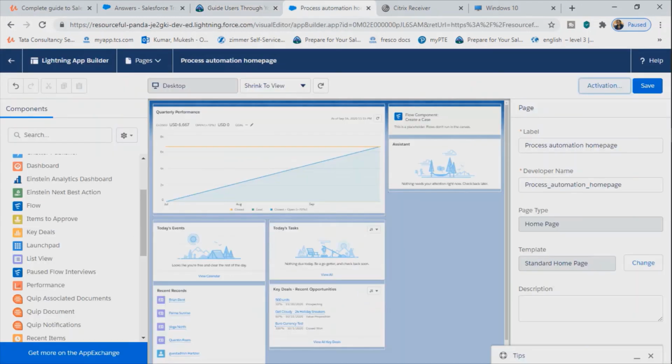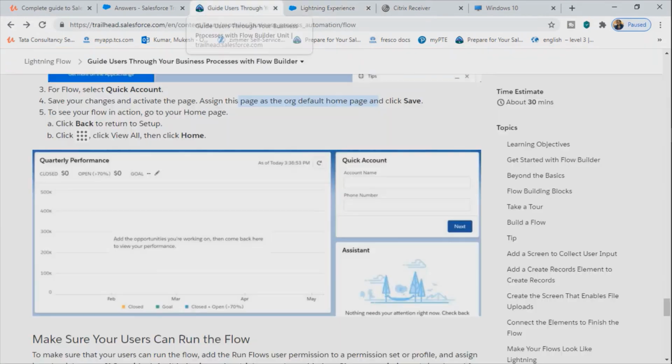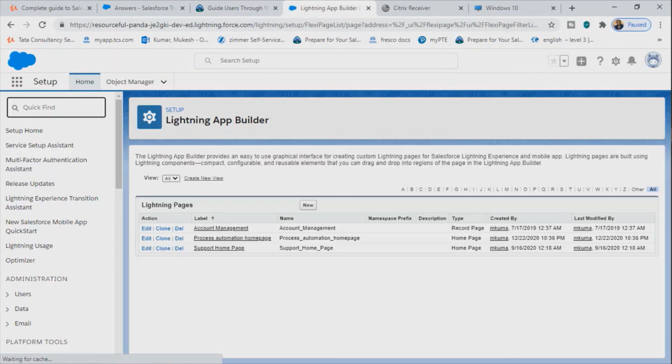Now we can go and check it. We can go to the home page. Okay, so just click on back arrow. Okay, let's save it and then click on back arrow. Now go to the home page and